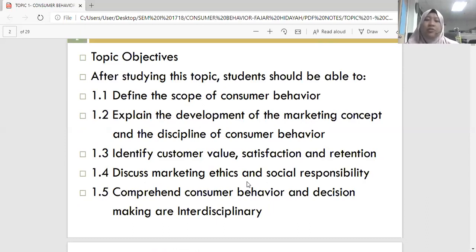For the first class, I'm not covering everything, because some of your friends are still in the process of adding and dropping subjects, including consumer behavior. Don't forget to put in the group WhatsApp your name, your matric number, and your details, including an active Gmail address, in order to be added to the new platform. Officially, we will use the new platform next week.